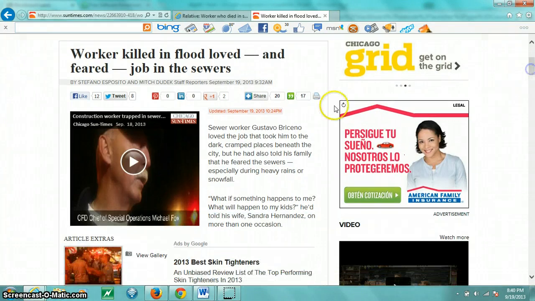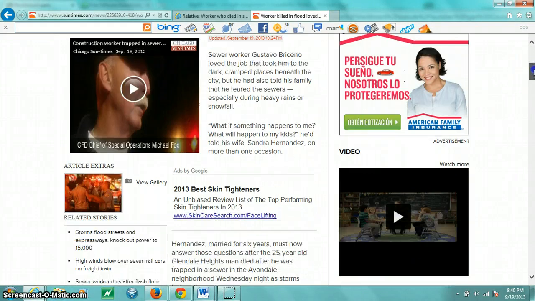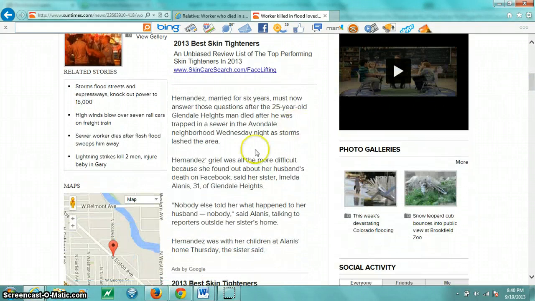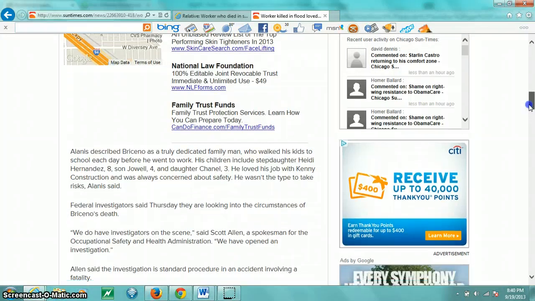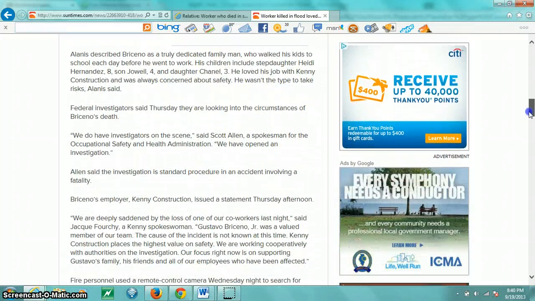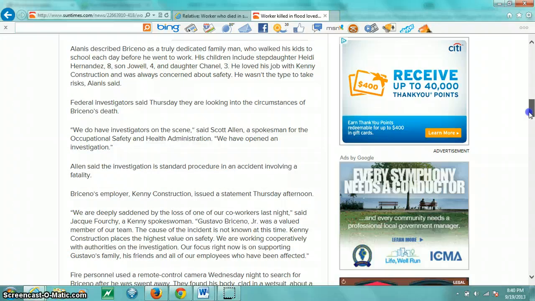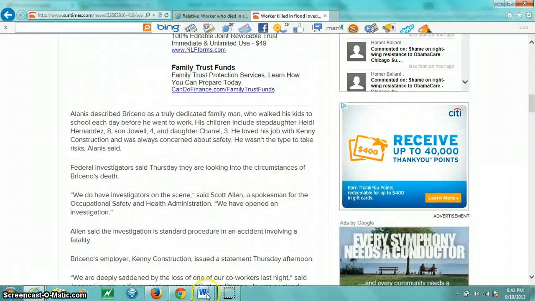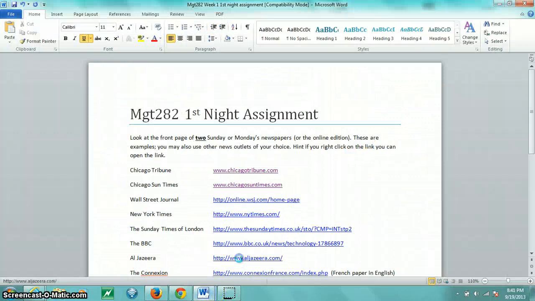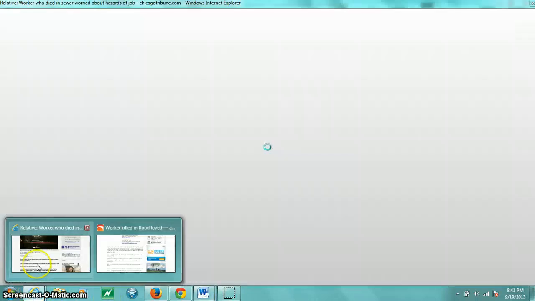and we know it's from chicagotimes.com. As you read through this article, it very much paints a picture of the wife and how the family feels about what has happened. There are a lot of ads in between here, and as you go down they talk about looking at the circumstances under the death. The other article, so that's the Sun-Times. The other is the Chicago Tribune. So if I go to the Chicago Tribune